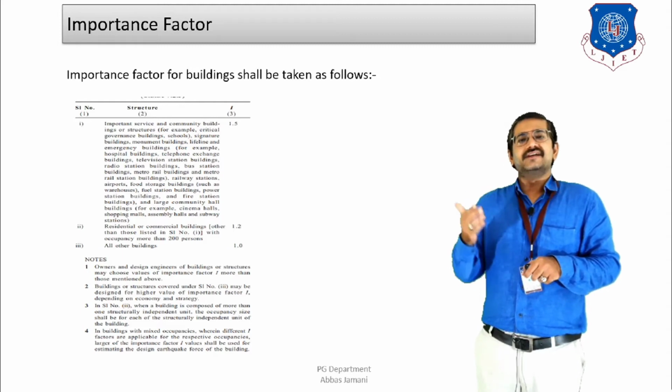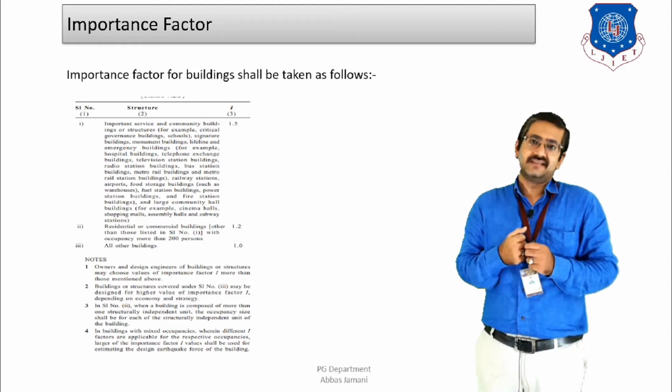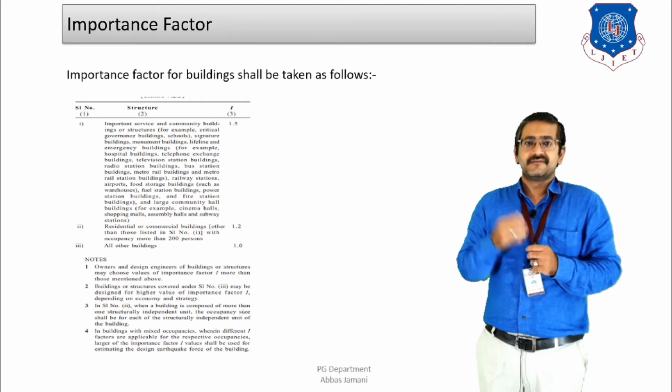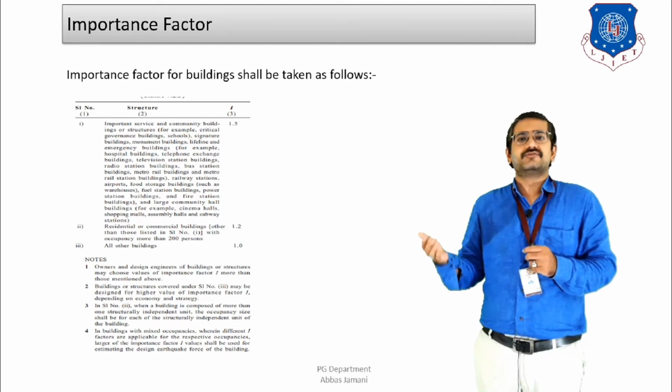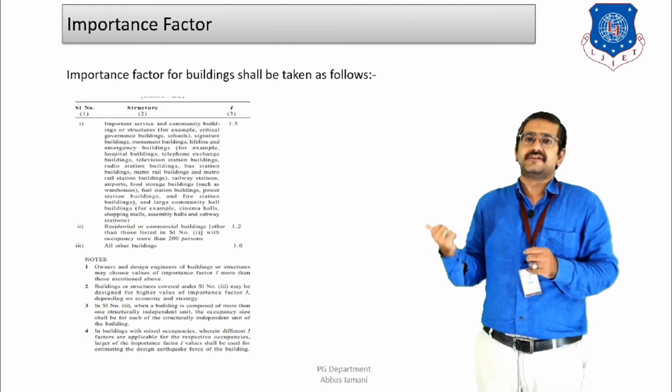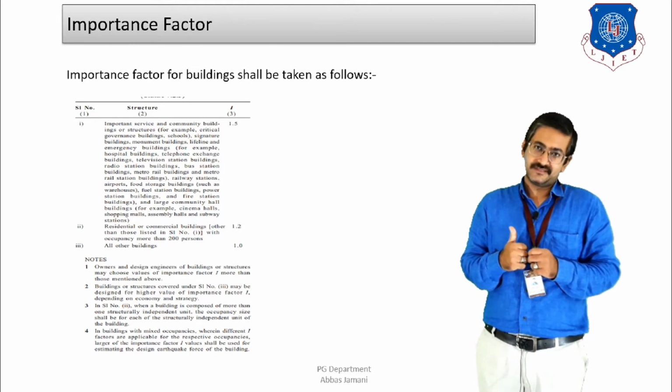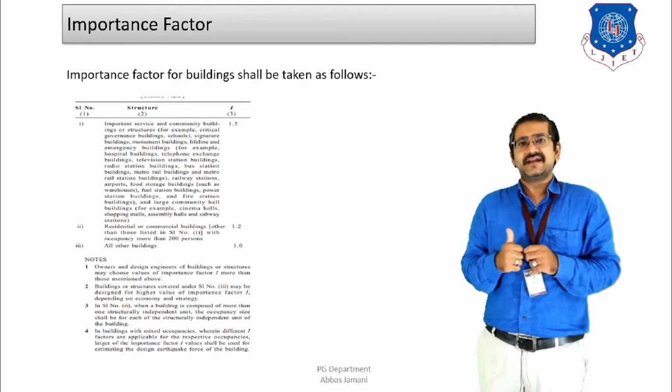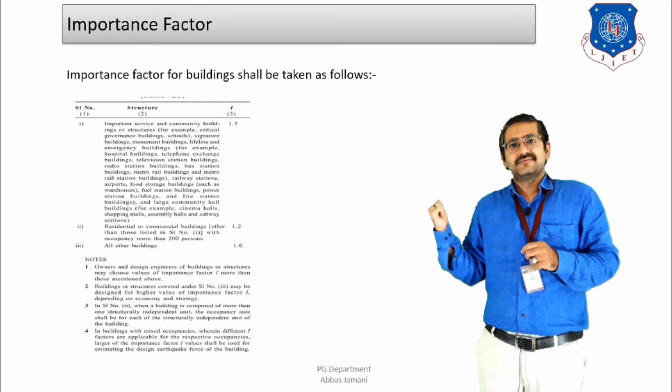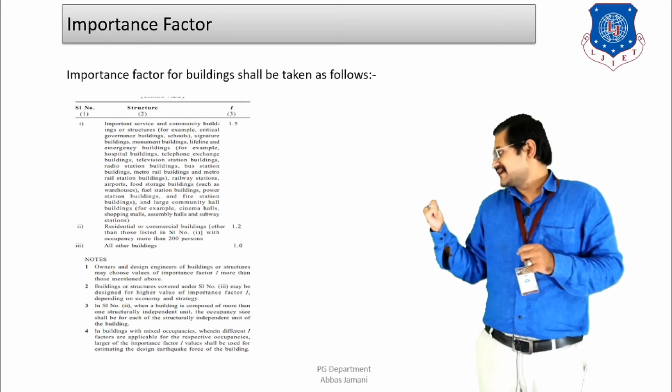So the code is telling that out of these, the higher value should be selected as the base value, that is 1 and 1.2, the higher value is going to be 1.2. So the code is telling that you should take a minimum value of 1.2 in that particular type of case, right? And the third thing is that the minimum guidelines provided here should be followed.